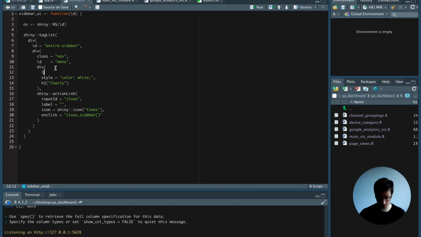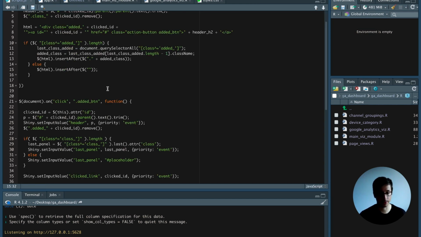So what we're going to do is we're going to give this an ID, let's say header sidebar, and let's wrap this into NS, and then to ensure that the namespace is unique, and then I'm going to copy paste the header sidebar ID,